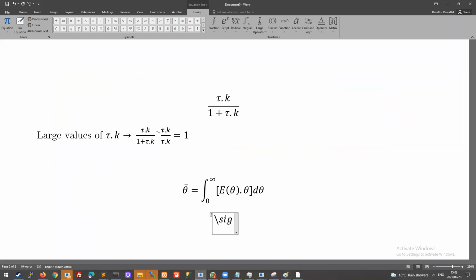So we can say sigma squared is equal to the integral from 0 to infinity. Right, so we can't integrate to negative ages. Obviously, 0 is the smallest possible age, and then we do the same as before, E of theta, and this time this is going to be theta squared